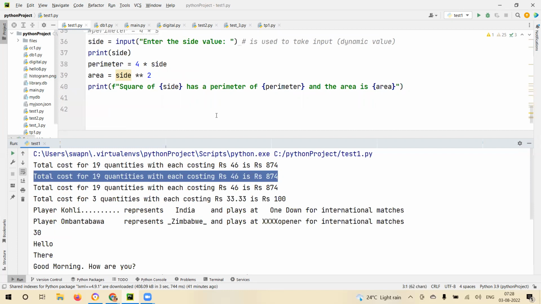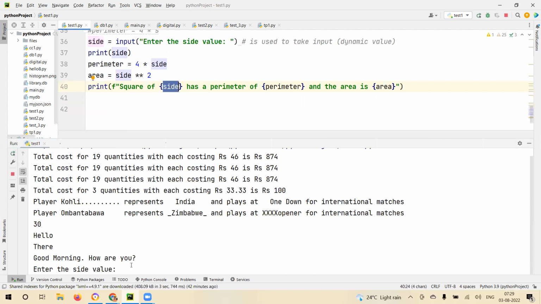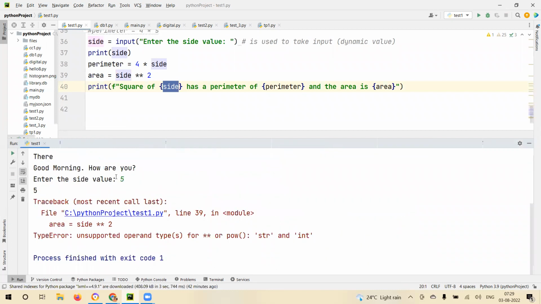Yes. So we don't want side text to be printed. We want side to be replaced with its value. So if I give side as